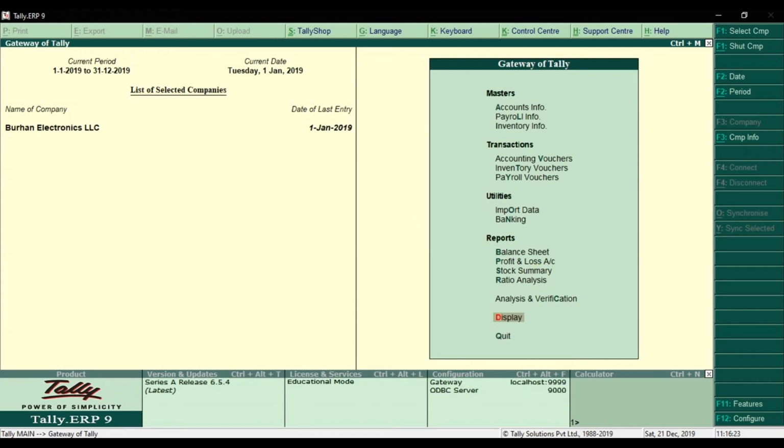Clear? So this one is the first section, that is the second section, and this one, that is the third section. Okay, so if you look here, the first option is what? That is F1, which is what? Select company,